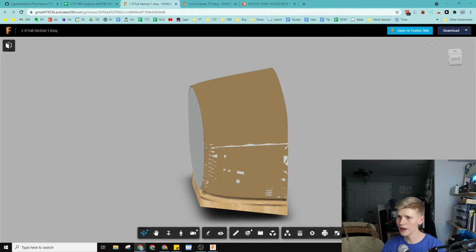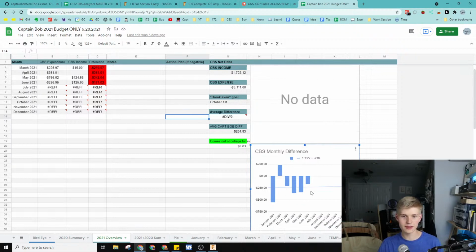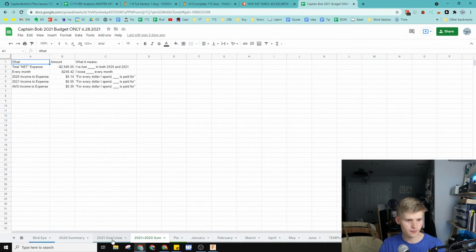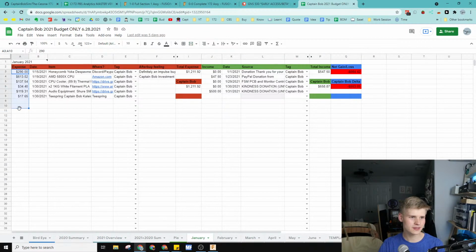So, right here, I'm just giving an update on the budget. This is a public budget I made where I basically took my own budget and cut out all of my personal expenses, like that one time I bought a bunch of mints because I thought my breath smelled horribly, but that's besides the point. So I put in only Captain Bob expenditures, and this is how much I actually make, or rather lose, per month. I'm trying to be pretty transparent with this. Oh, those are my secret numbers. They're not a secret, but I'm saving them for later. But you can see every expense and every income source from